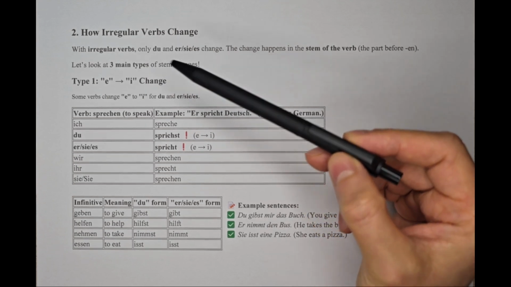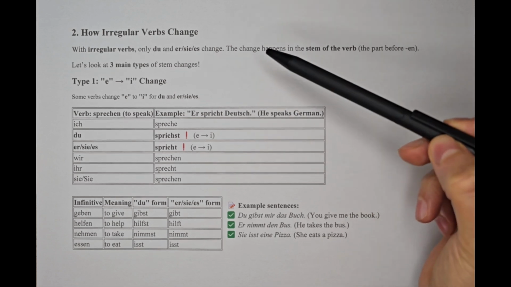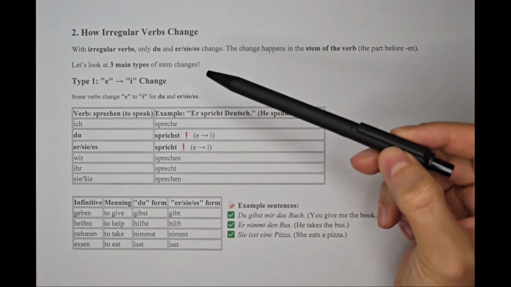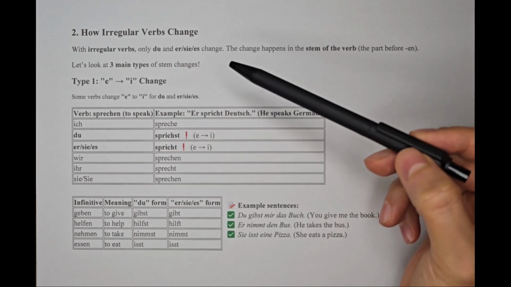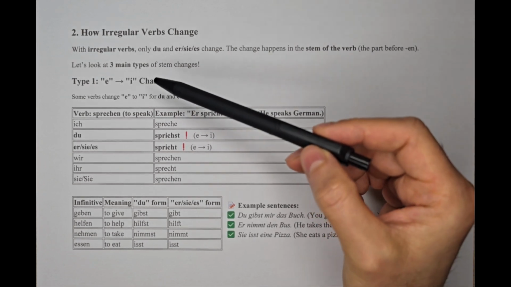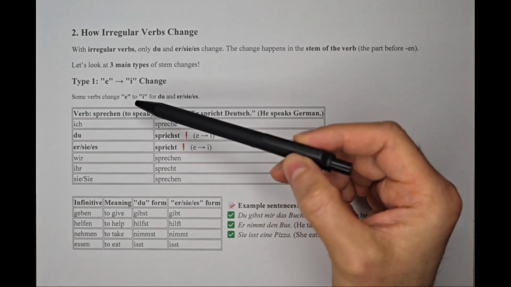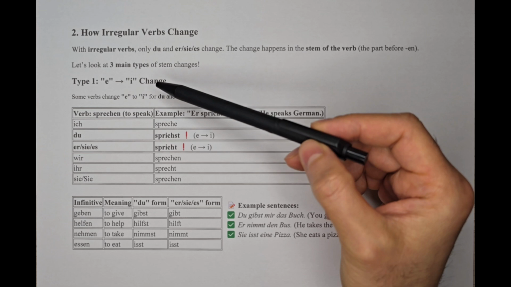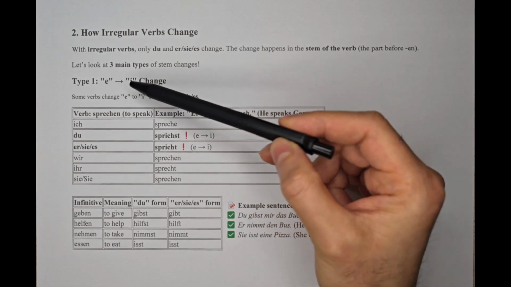This is because some verbs might be irregular in the present, but in the past and the perfect tense, they will be regular. So the German language in this sense is a bit tricky. So this you have to remember by heart. But just so you know, in some verbs, in case of sprechen, for instance, the change in the verb stem happens in the vowel e. So for instance, the e will change into i.